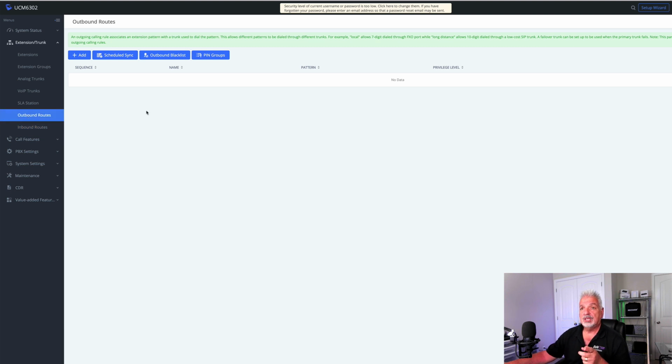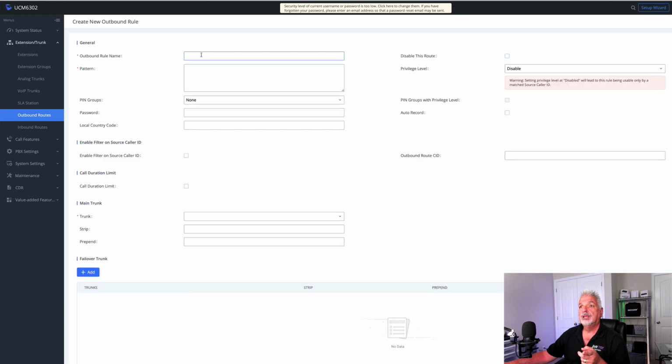And then just like with the inbound routes, let's come up and click on the blue add button. And here we're going to give the route a name. I'm not going to forget this time. In fact, it's a required field. I'm going to call it outbound